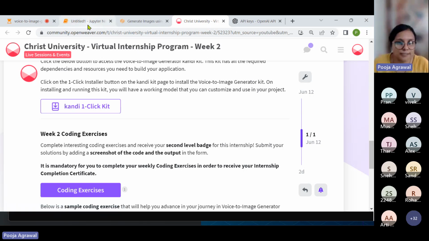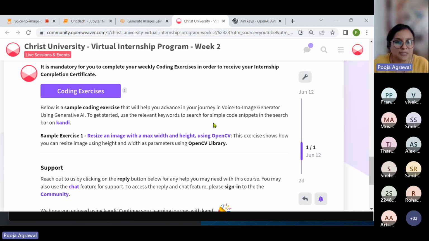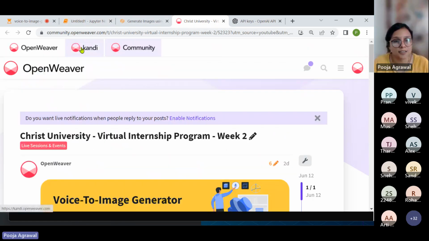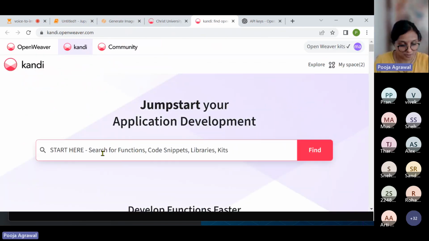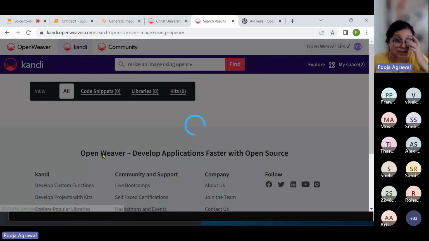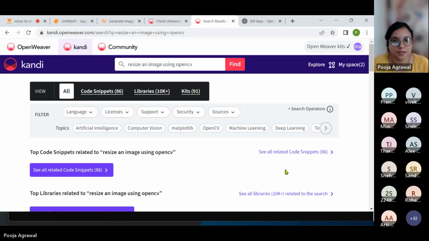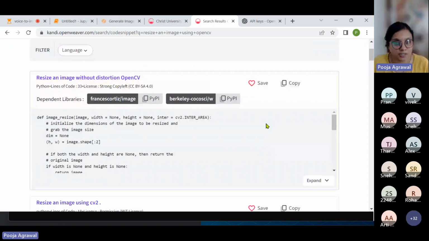All right, so we'll do a very simple exercise today, resizing an image with max width and height using OpenCV. What we share here is a link where you can quickly do the search yourself as well and see what keywords we had used. So I'll take the link from candid.openviewer.com and I will say simply here, resize an image. I may not write using height width, etc. I will just mention the library. It's better I mention the library. Again, that will help me make my search interesting, right?